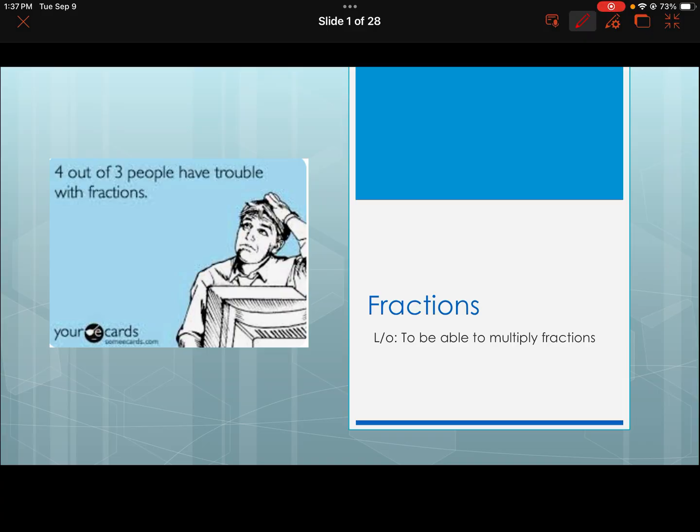So here we go. Today we're going to go over some fractions. It's probably going to be about 2 days of this. So today we're going to go over multiplying and dividing fractions, and then we're going to go over adding and